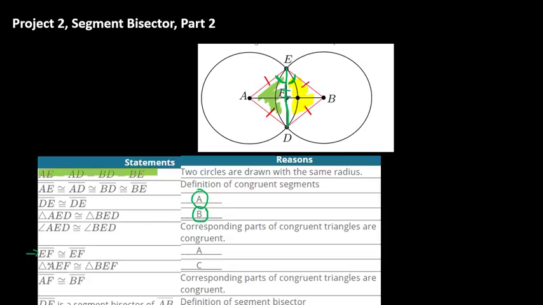Next, we claim that line segment EF is congruent to line segment EF. And that's this shorter line segment, I'll highlight it again. It's just from here to here, line segment EF. We're claiming that EF is congruent to EF. And how do we know that? Well, hopefully you've already looked up the answer for A. This is the same thing that reappeared up here, right? So what postulate, theorem, or thing allows us to claim that a line segment is